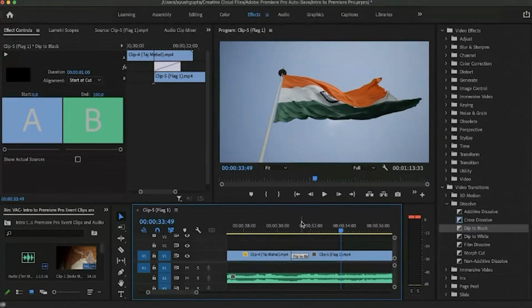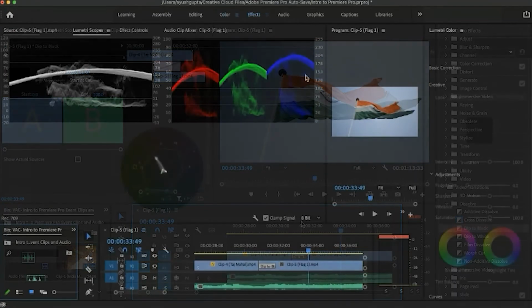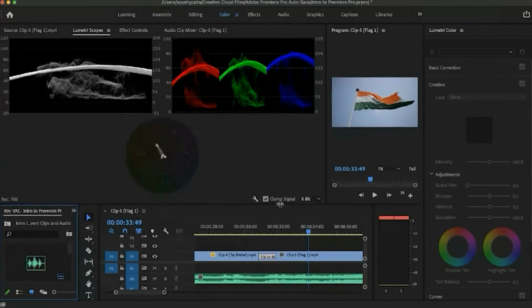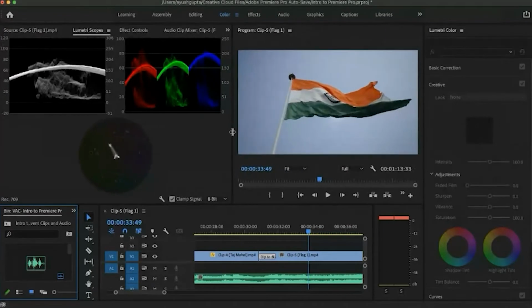So on this clip, I'll teach you about color grading and color effects. So go to the color panel, adjust the workspace as you like. There's a lot of confusion between what is color grading and what is color correction. So color correction is basically correcting the colors.